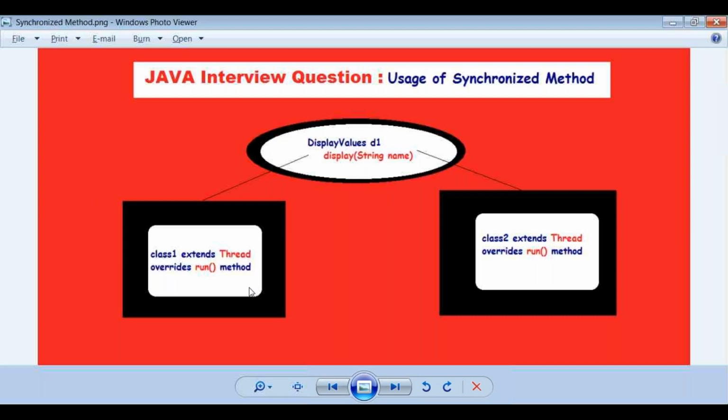If you use the threading concept, we should definitely have synchronized methods so that we can avoid deadlock in real time. Only one class can acquire the lock of the object, and another class has to wait till that object is released.